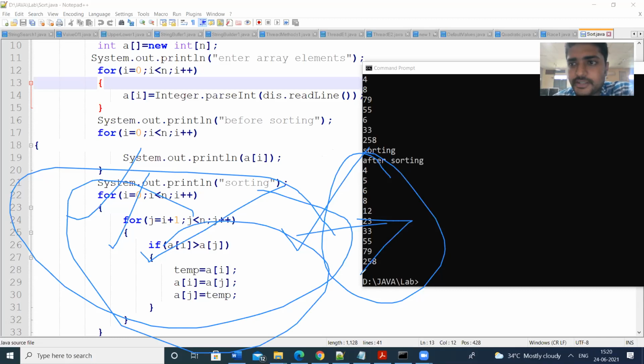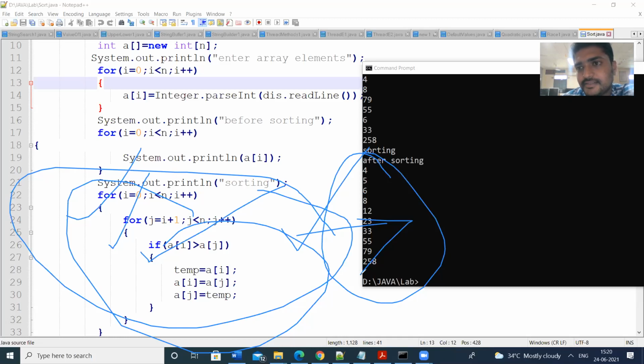So this is the program to illustrate the binary search. Already we have seen binary search. Binary search means we have to search for an element in a given array. If you want to perform the binary search, the predefined condition is that all the array elements are in sorted order. Only if the array elements are sorted can binary search be applied.